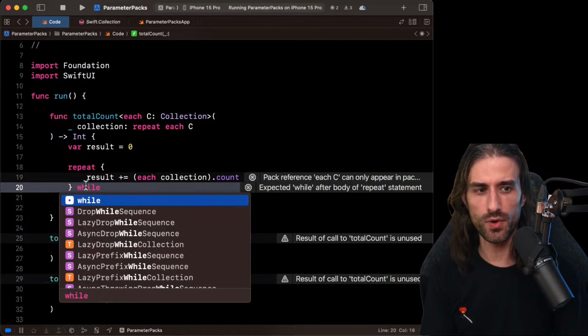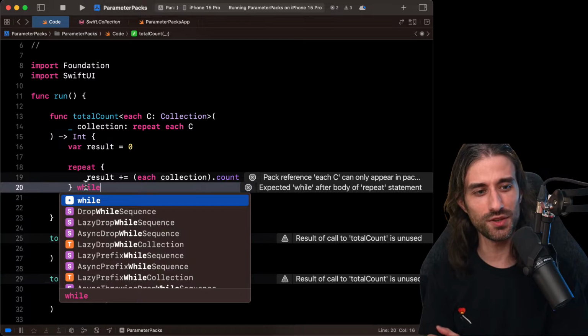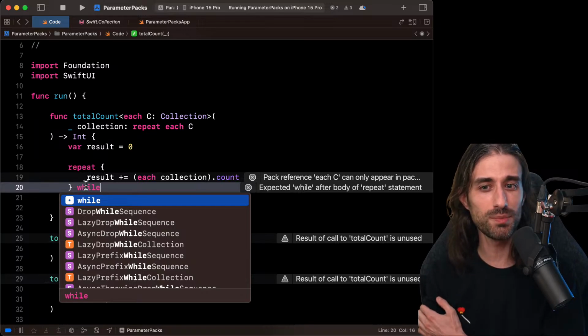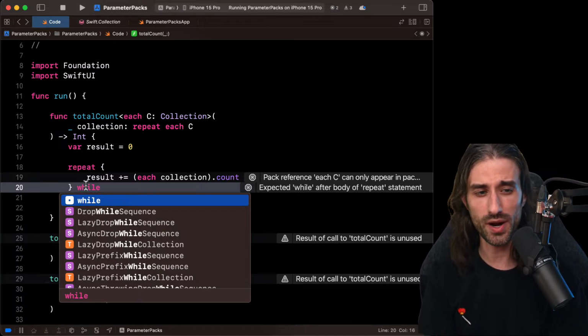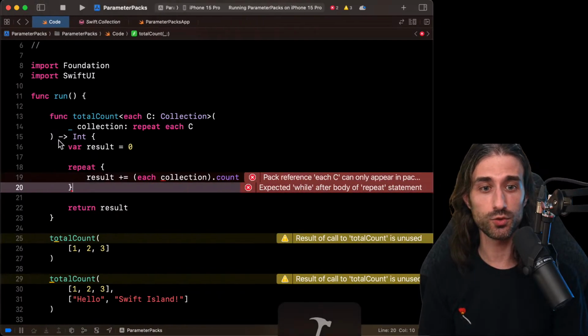It's when you put the condition at the end, so the condition is checked at the end of the loop instead of at the beginning. So actually, when I said that repeat was a new keyword in Swift, I think I made a mistake, because repeat already existed, but it's so rare to use it that we just don't use it that much. But I think there was the repeat while in Swift. And so at least the thing is, this syntax doesn't work.